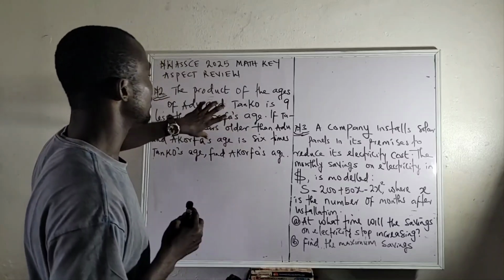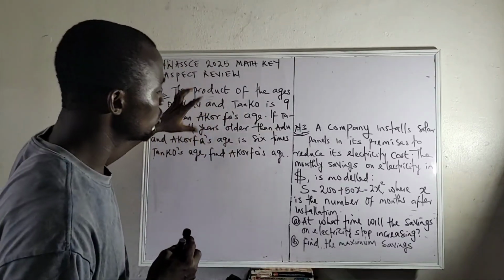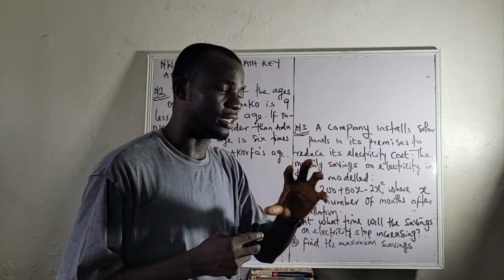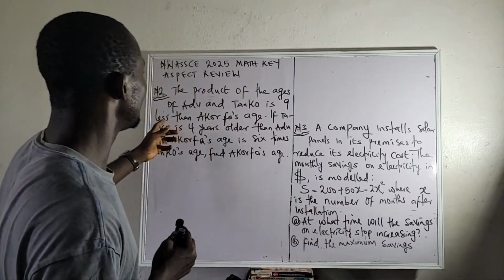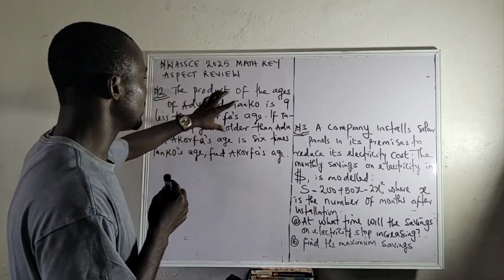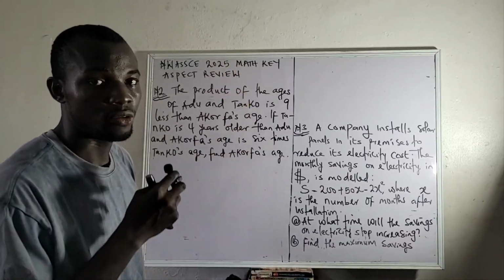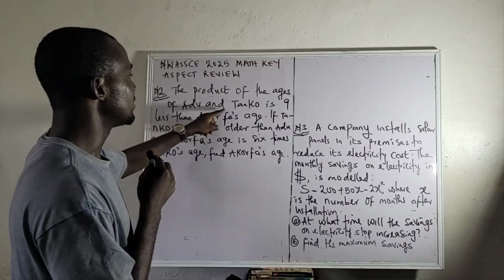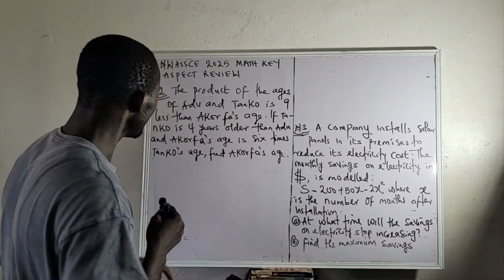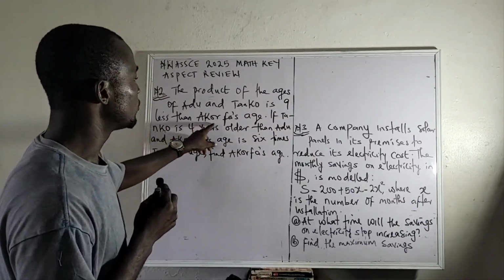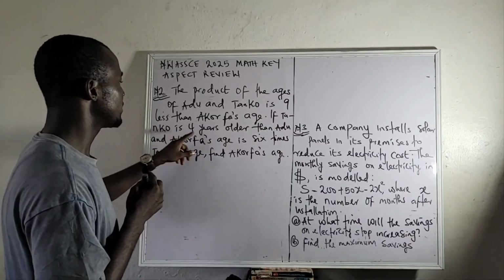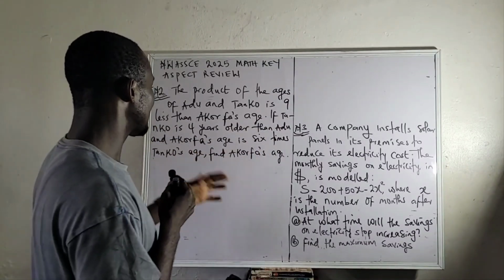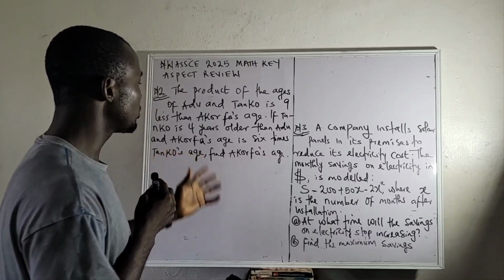One of them is the translation of word problems. You can see most of their questions are phrased using word problems. As you can see here, the number two question is what I've written on the board. The product of the ages of Adu and Tanko is 9 less than Akofa's age. If Tanko is 4 years older than Adu and Akofa's age is 6 times Tanko's age,